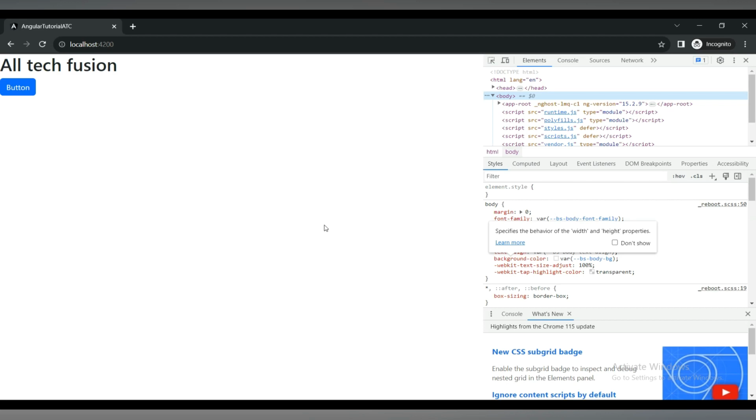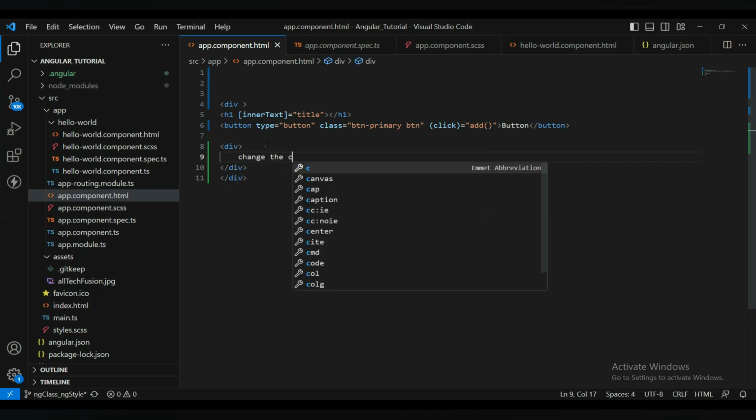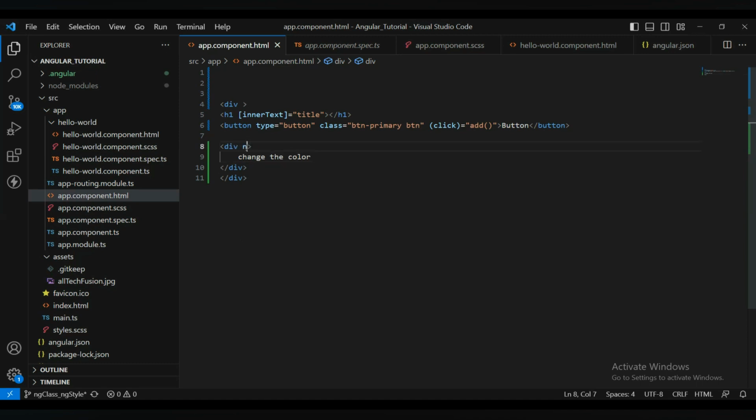So in the previous video we went through the special bindings, and in this video we will be playing with the NgClass and NgStyle directives. So actually, how can we write the NgClass? For example, we will take one division and I will write here, change the color. Okay, after that I will simply write over here